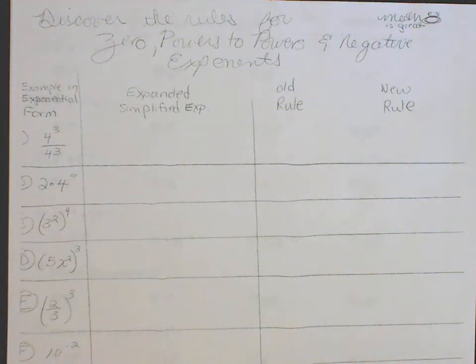Math 8 is great. Let's discover the rules for exponents of 0, powers to powers, or negative exponents. Now, I totally was not going to film a lesson for this. I went on YouTube to try and find a video that somebody else did. But pretty much everybody I saw quickly skipped to the rule, and I don't want to skip to the rule. I want to show you how to do stuff if you don't know the rule, and let's figure out the